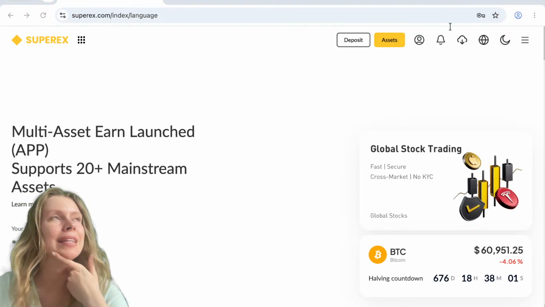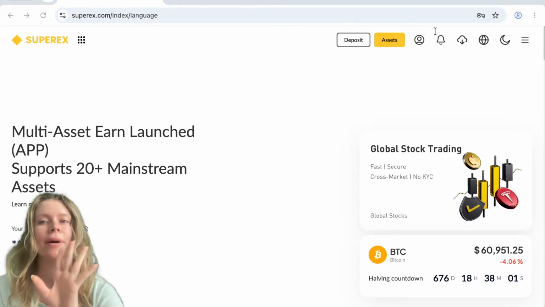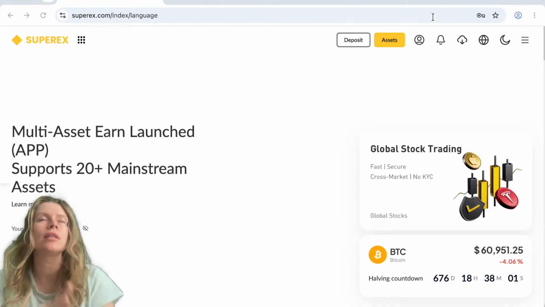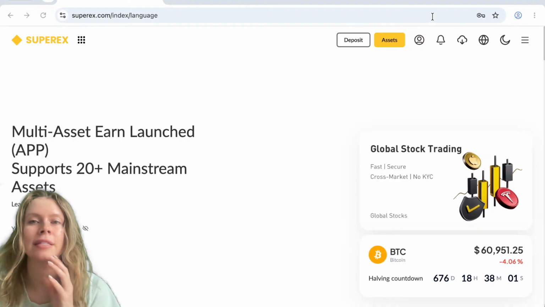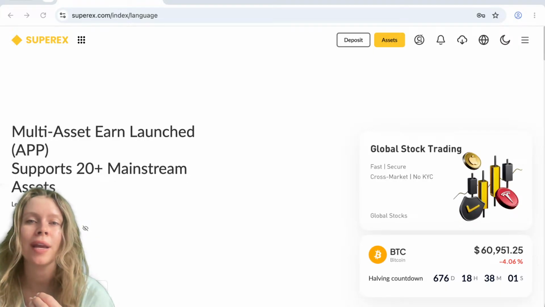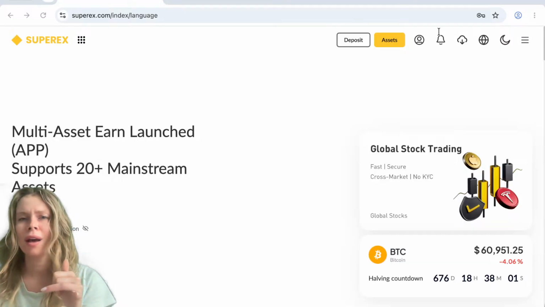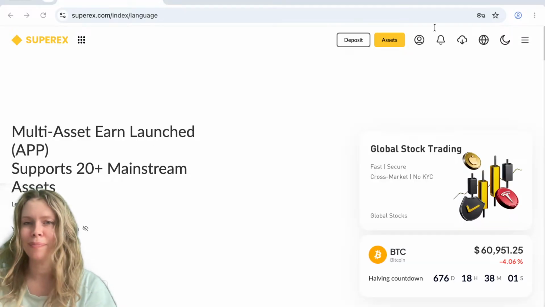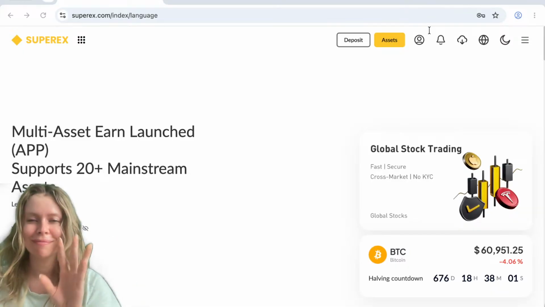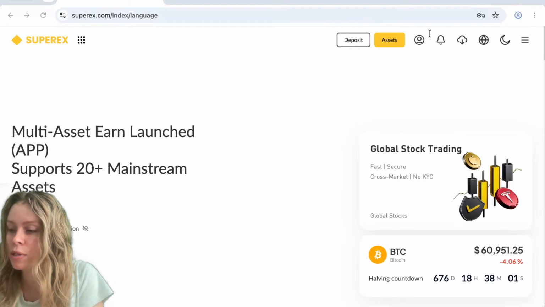We did spot trading last weekend. I might do another little bit of spot trading tomorrow, but for now we are going to be focusing on futures. A quick, simple way to understand all of this is that spot trading is like buying and holding an asset, while futures trading is about predicting whether the price will go up or down without actually owning the coin, okay? So we're going to go step by step. Don't worry if it's still really new to you. Don't stress. So firstly, if you guys haven't already made an account,